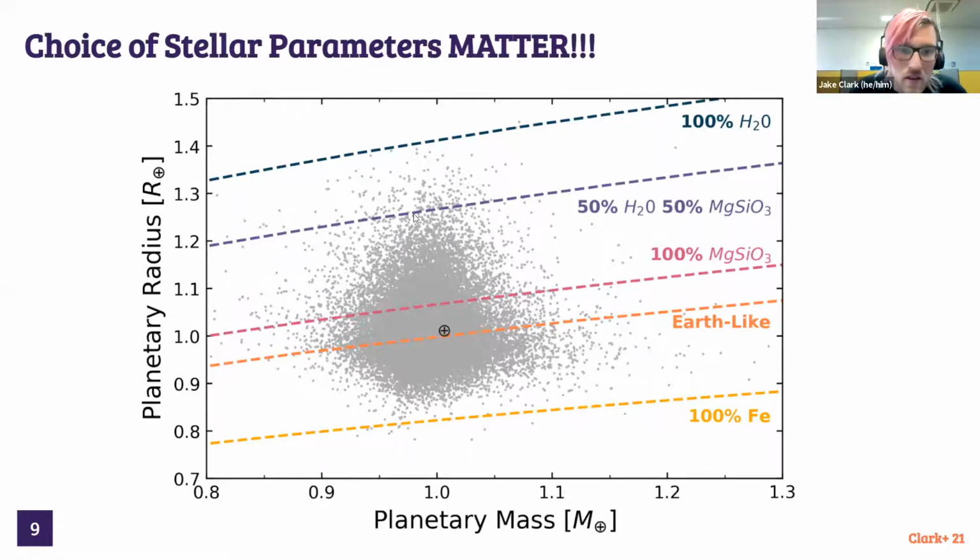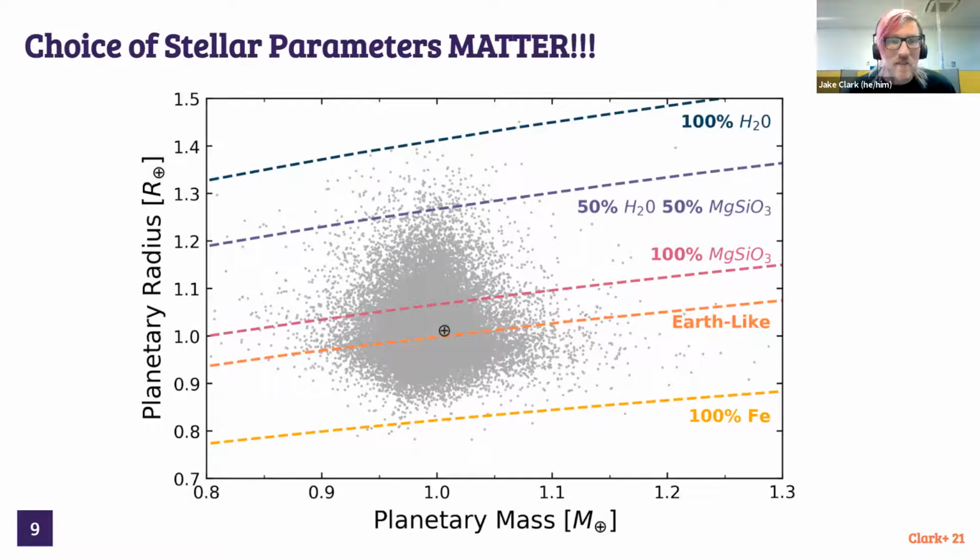And so all of these single points here is what that Earth-sized and Earth mass world would actually be using those different stellar parameters. And you can see here, these lines just indicate what the likely composition would be for these particular worlds. And there's such a great diversity here in what would potentially just be a one Earth mass and one Earth radii planet. And so we need to have some sort of consistency in the stellar parameters if we're really going to say with certainty if a planet is the same size and same mass